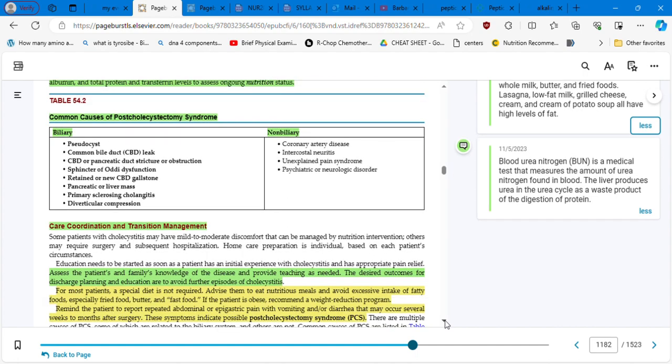Common causes of post-cholecystectomy syndrome. Do you remember? We spoke about it. So if it's biliary, it's going to be because of diverticular cord pressure, a pancreatic or liver mass, sphincter of Oddi dysfunction, or a new CBD gallstone. If it's non-biliary, it could be coronary artery disease, intercostal neuritis, psychiatric or neurologic disorders,